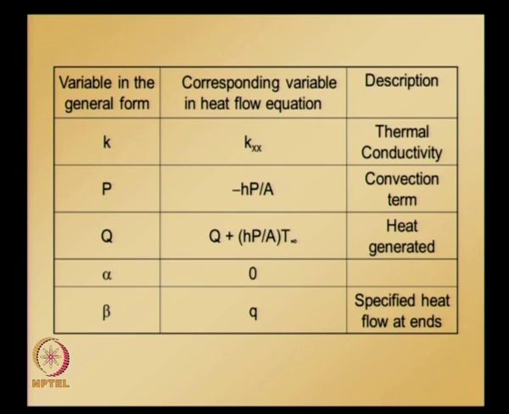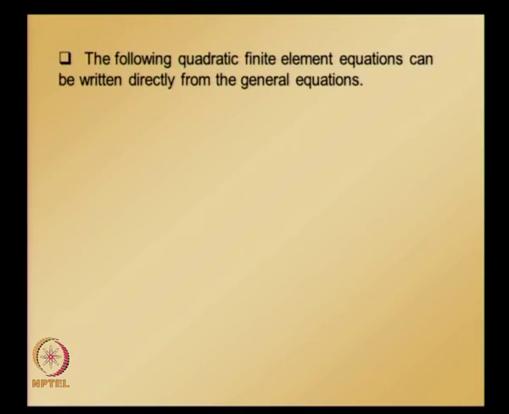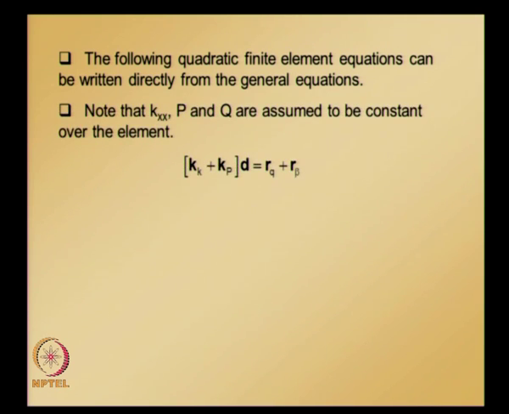Once we have this kind of comparison, the following quadratic finite element equations can be written directly from general equations by replacing the corresponding coefficients in the general one dimensional boundary value problem with the coefficients corresponding to this specific case. Note that k_xx, p, q are assumed to be constant over the element,